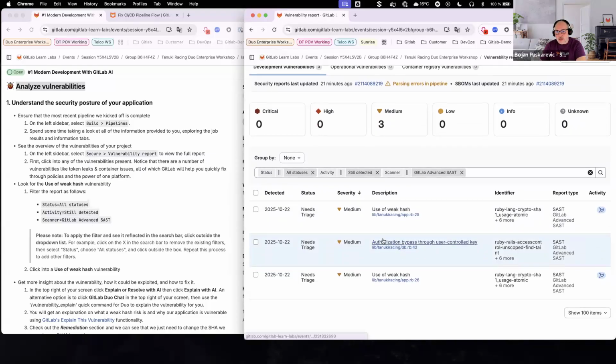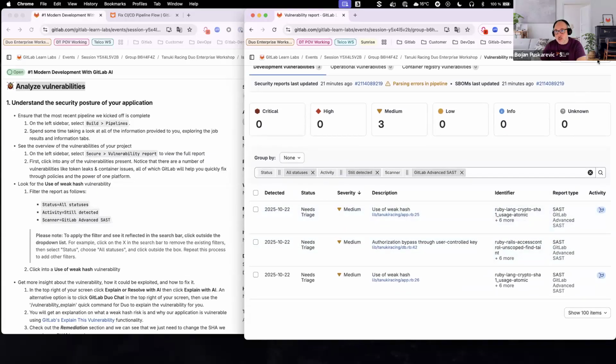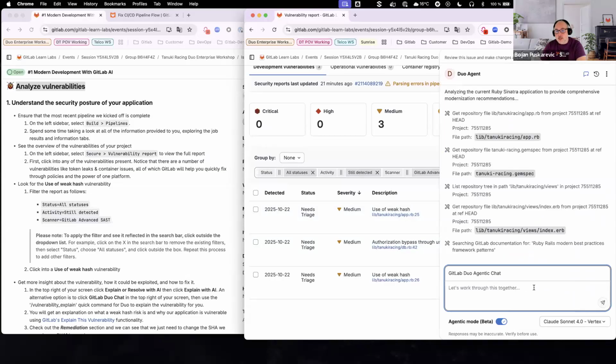So far we only have this kind of feature with the SAST scanner, but this will extend later on to other scanner types. But what you can also do is go to the agentic chat,